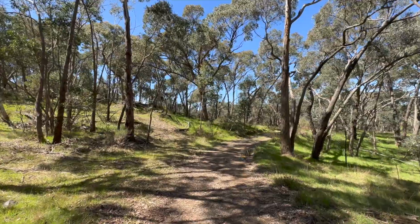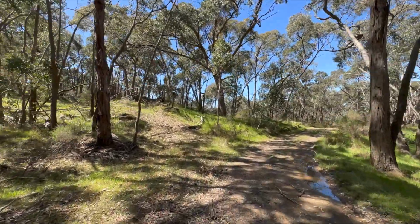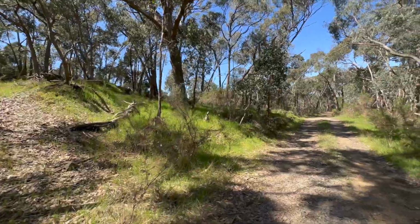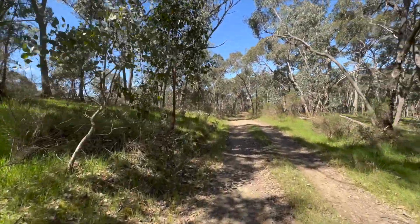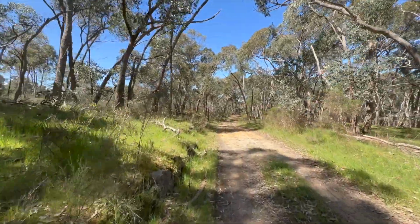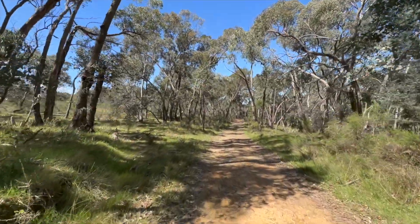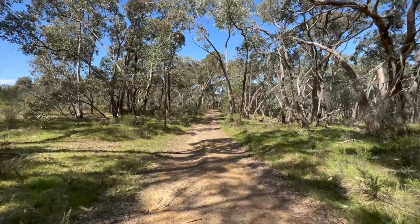I don't know if it's on the left here, if it comes up on the camera. That's an old mullock from the mining days. So I mentioned I was in the Macedon Ranges area. Well, you could also call it the goldfields area of Victoria. All this area up through here towards Bendigo, all the way down to Ballarat's been heavily mined. Back in the day,